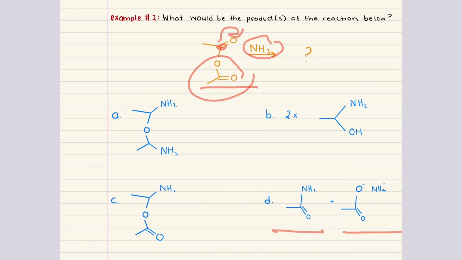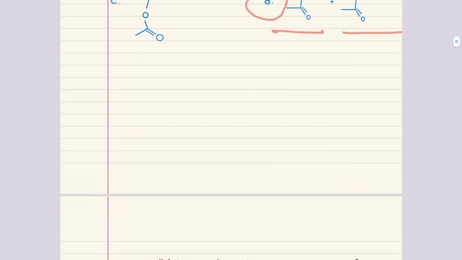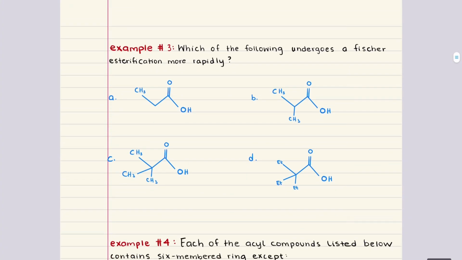So looking at the answer choices, choice D matches exactly what we just determined. One molecule of an amide and one molecule of an ammonium carboxylate. So 2 is D. Moving on to problem 3, which of the following undergoes a Fischer